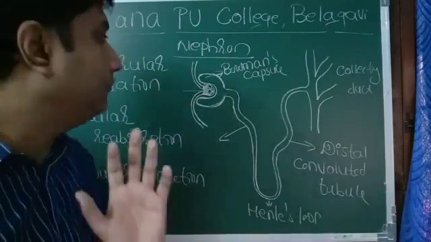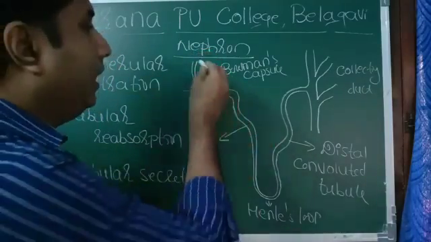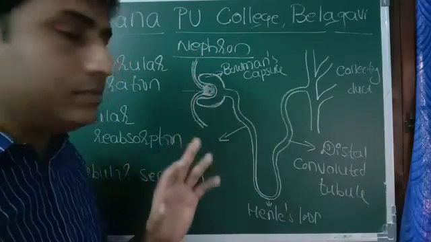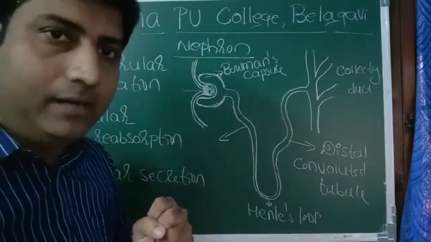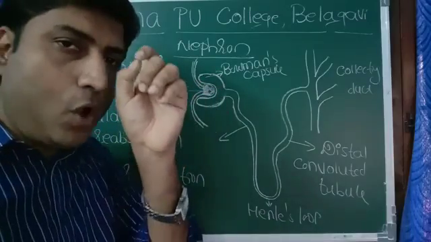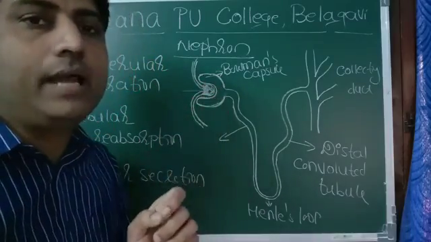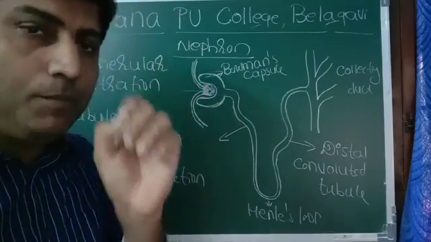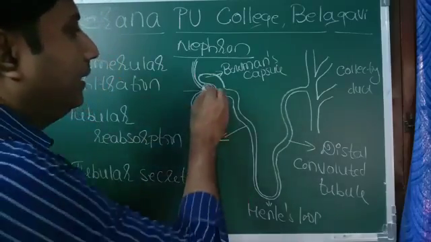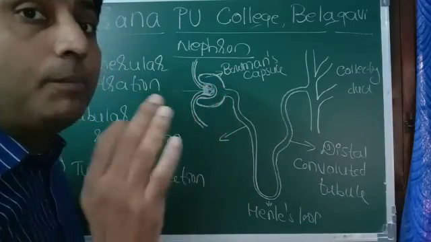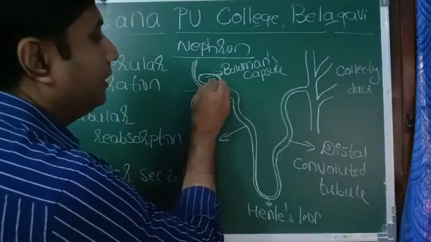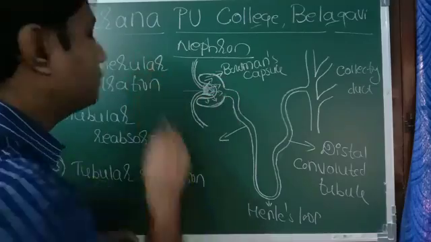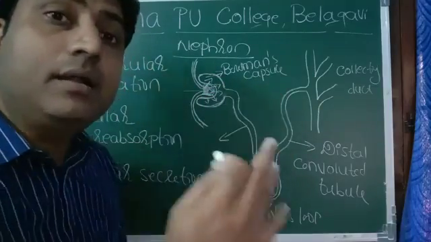What happens in glomerular filtration? Blood along with the urea enters into the glomerulus. When it enters into the glomerulus, due to the pressure build-up there, and there are some small openings in the wall of the vessel, especially here in the Bowman's capsule, called podocytes, small pores. Because of this, what we call primary urine passes into this Bowman's capsule. That is glomerular filtration. It is called ultrafiltration.